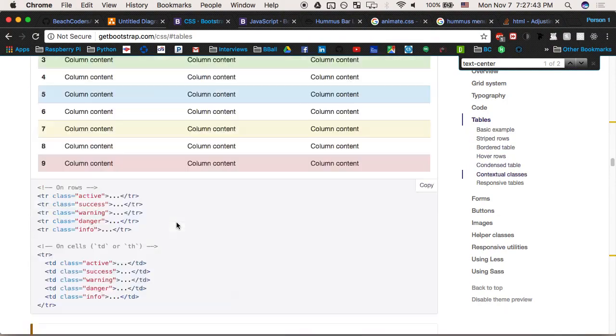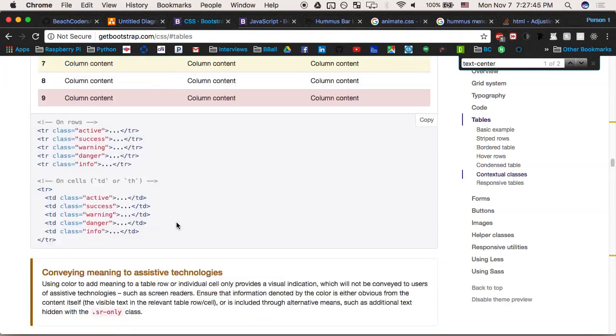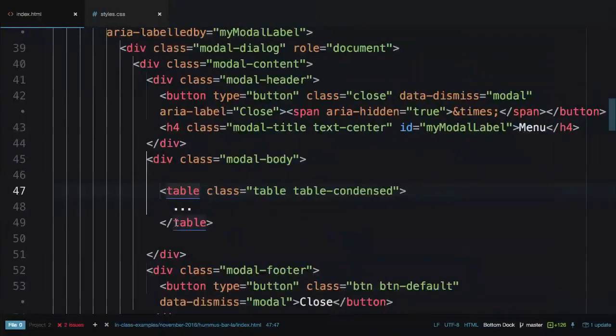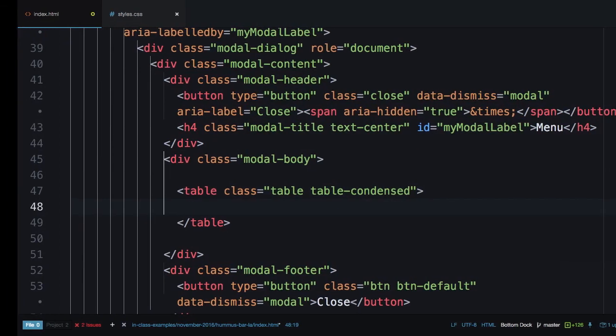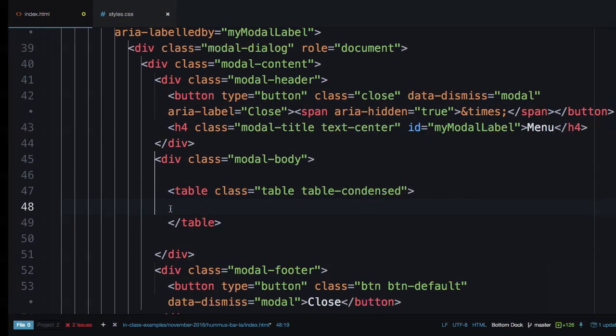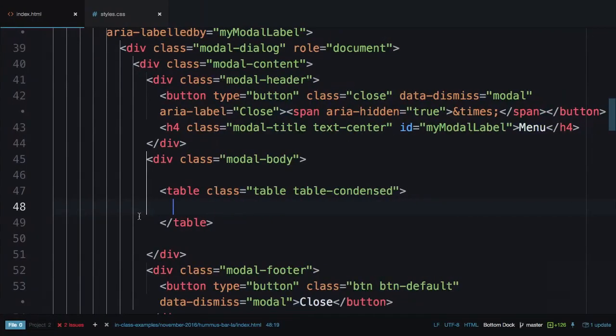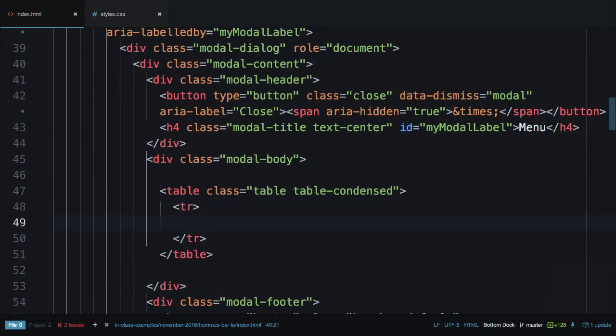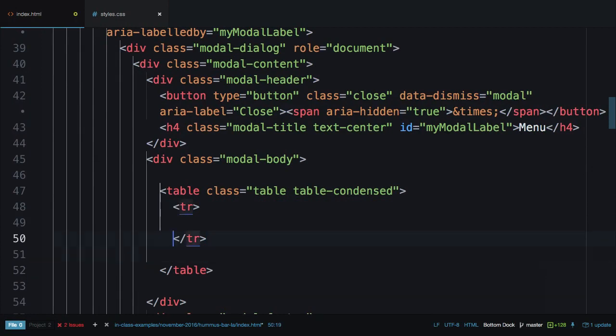Okay. Sure. So tables have what? Rows and columns, right? So the exact same way you declare a Bootstrap row and column or grid, you declare a table. So first you want to make a row with a tr tag, and then inside of that you want to, let's say,